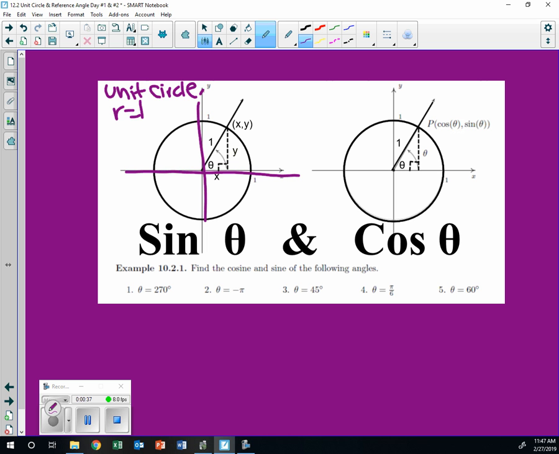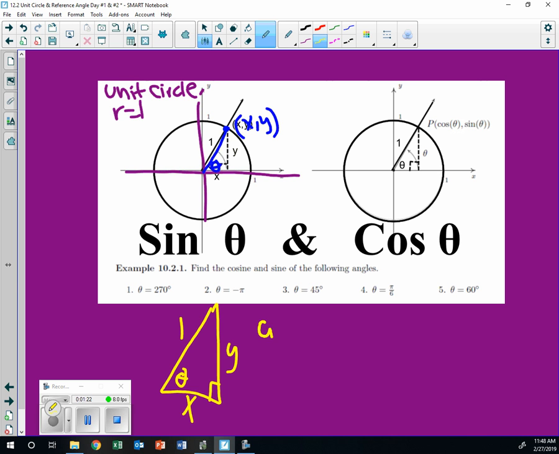You can have it any radius, and we'll deal with other radii, but this is really easy, radius equal to 1. So if we have a radius equal to 1, we might end up with a point x comma y on that circle. If we have a line that goes out to the circle, radius 1, at an angle we'll call theta, we'll generate a nice looking right triangle, where this is theta, this is the right angle, this is 1, and then if we go over x, up y, xy,